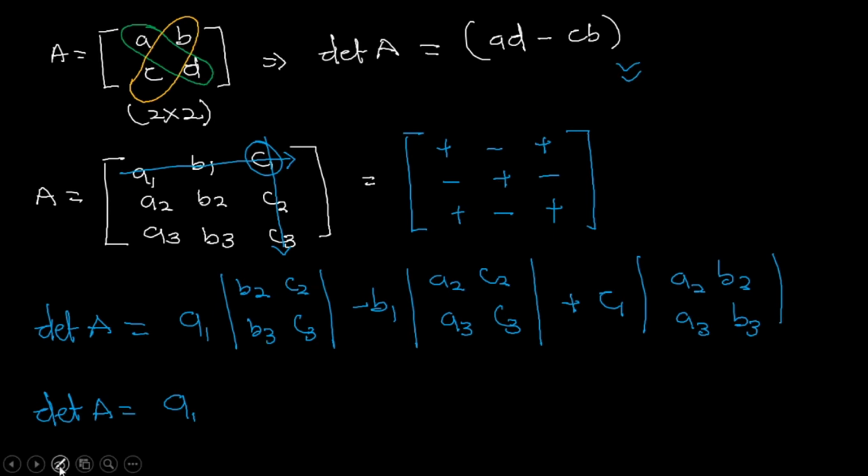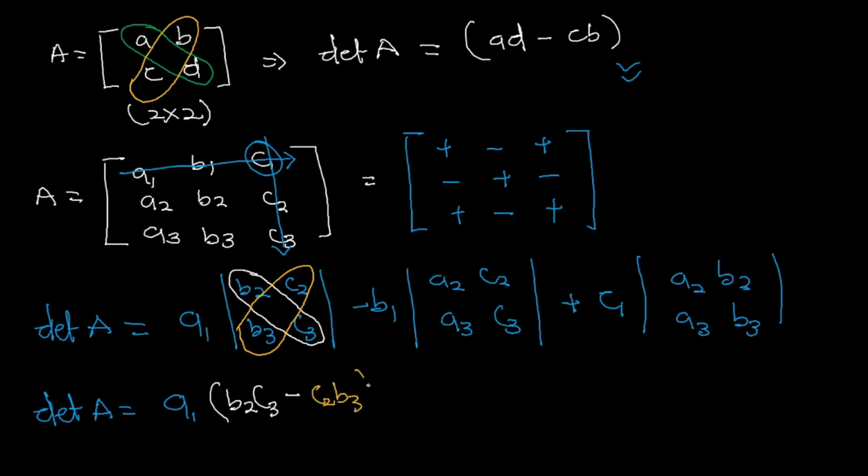So which means we take the leading diagonal, that is, we multiply these two values first, so it becomes, we multiply these two leading diagonals first, so it becomes what? B2 C3, then we multiply these two diagonals and we subtract it from it, so it becomes minus what? C2 B3. Okay, then we repeat the same thing for all the other values over here, so this becomes minus